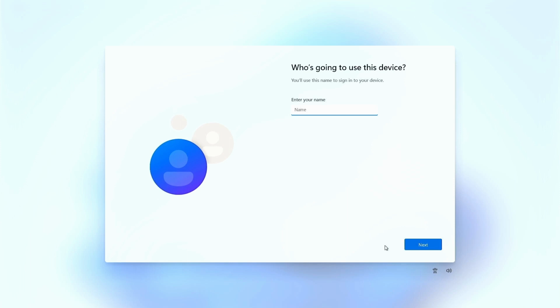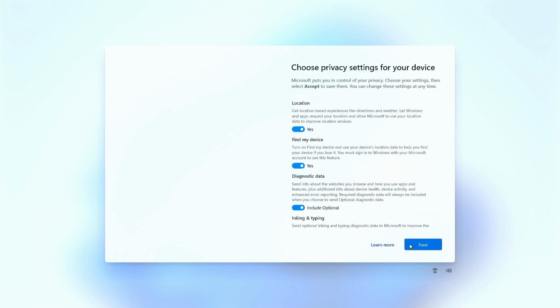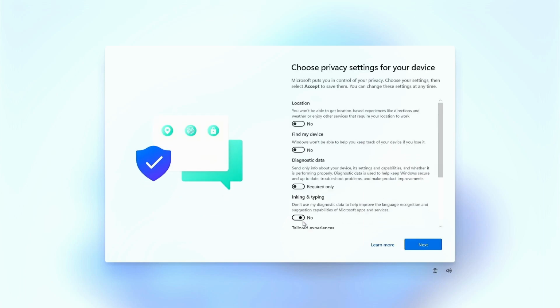The next screen is what we want to see. Here we can create a local account. This also means that we were able to get past the issue with the lack of internet access. In the next screen, we can set the password. The last step is related to privacy settings.